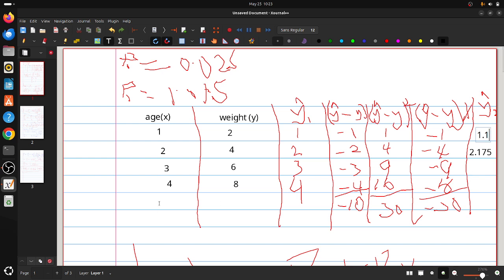Okay, so when x is equal to 3 times the 1.075, then plus 0.025, so this will be 3.25,